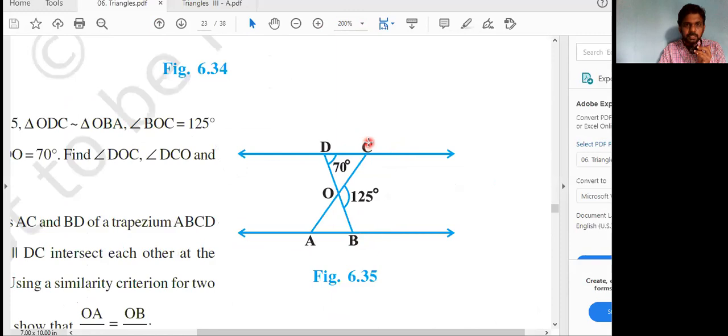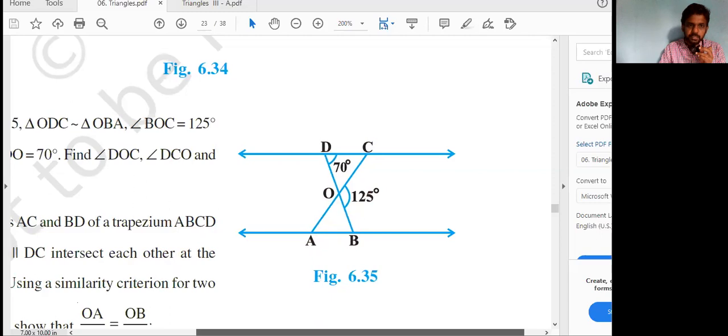If angle BOC is equal to 125 degrees, you can find the angle COD, right? Because angle BOD is a straight line, 180 degrees. So 180 minus 125 will give you the angle COD. The sum of the angles in a triangle is 180 degrees. So this is 125, which means you will have 55 in this angle COD. So 70 plus 55 will give you 125 again. So what is the remaining angle here? This is again 55, right? So if this angle is 55, by interior alternate angles, you will have angle OAB also equal to 65.